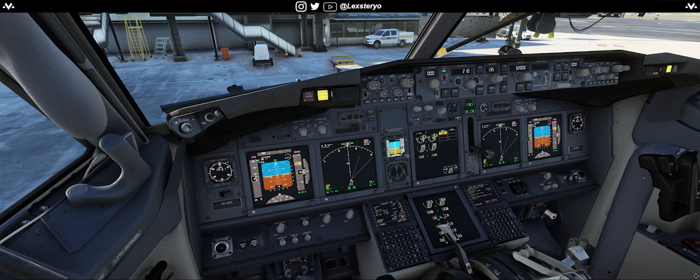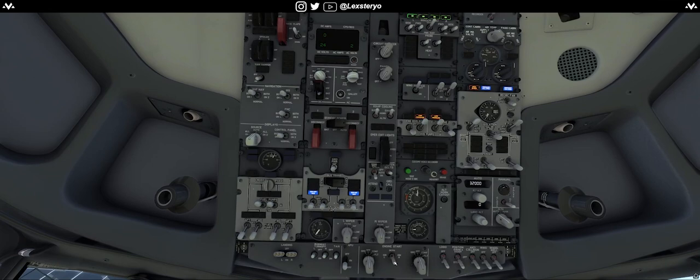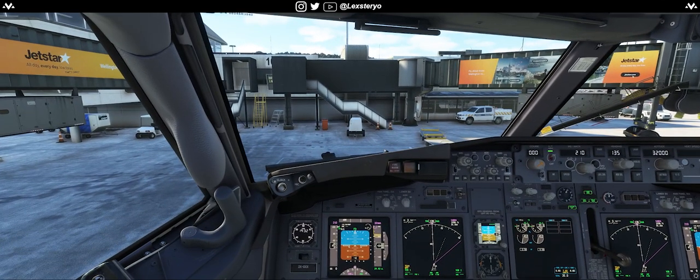We'll have one more little step to do, and that is it. It's pretty simple getting this plane going. I heard a click. The click is done. We're going to set this back to the middle. We'll turn on our taxi lights. We'll turn off our APU bleed, and now turn on our packs. Get some oxygen for the passengers back there. And that's it. You're ready to go. You would turn on your runway lights and landing lights when you're at the runway. But that's it. That is how you start up the